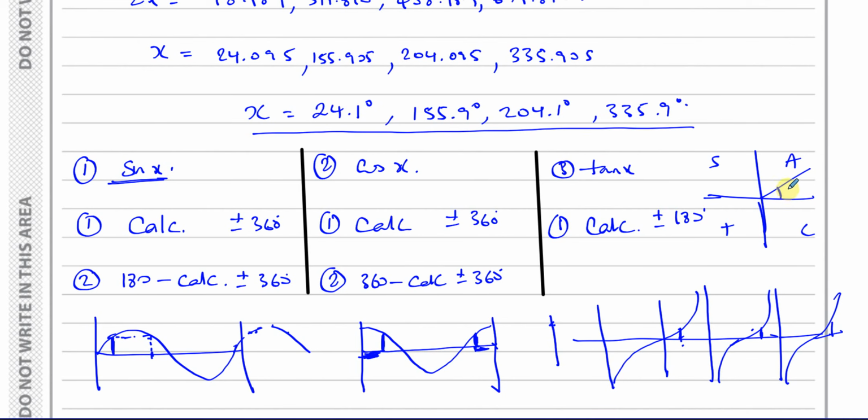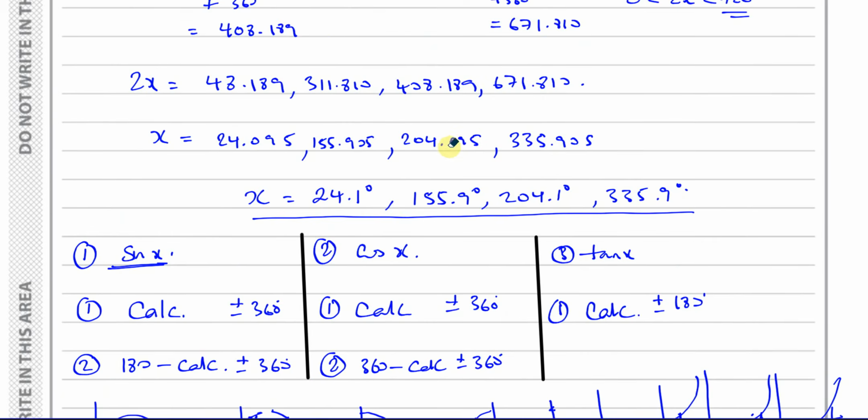Okay, so for example, for the sine, it's going to be positive in these two. So you're going to have an angle here and you're going to have another angle over there. But for cosine, it's positive in these two. So you're going to do this angle and you're going to have this angle all the way around there, which is 360 minus that angle basically. So that's another method as well. As I said, I personally prefer this method here, just understanding from the symmetry of the curves how to deal with it. Okay, so that's just a little summary for you of how to deal with solving trig equations, and